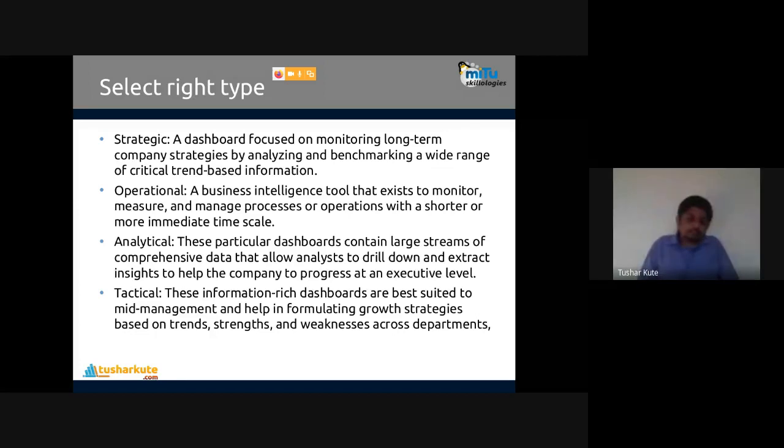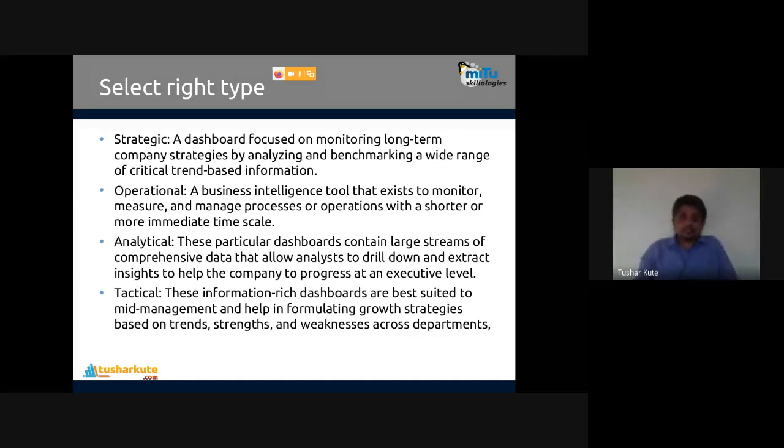Strategic: a dashboard focused on monitoring long-term company strategies by benchmarking and analyzing a wide range of critical and trend-based information. If higher level management is there, they will look for strategies only. It's monitoring long-term company strategy. I just want to have a vision and work toward that vision, performing operations based on that.